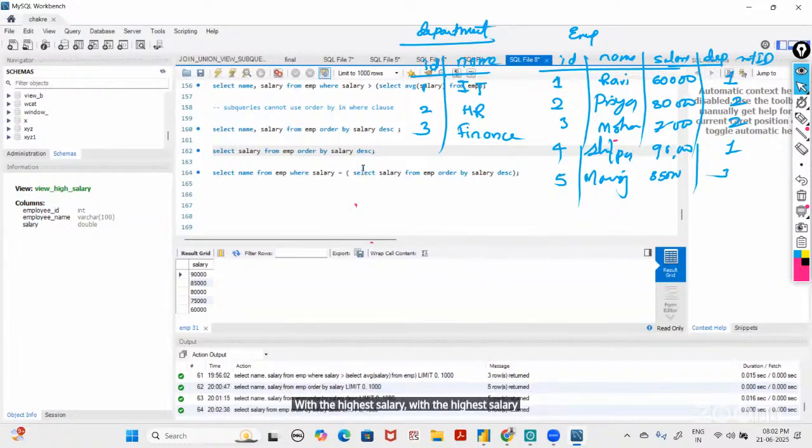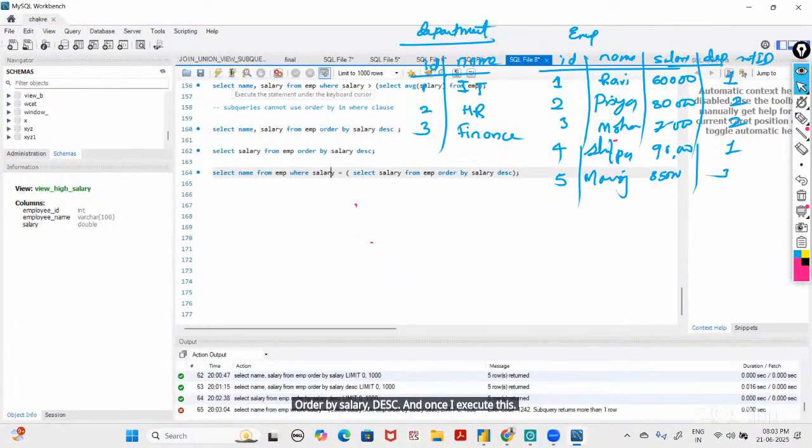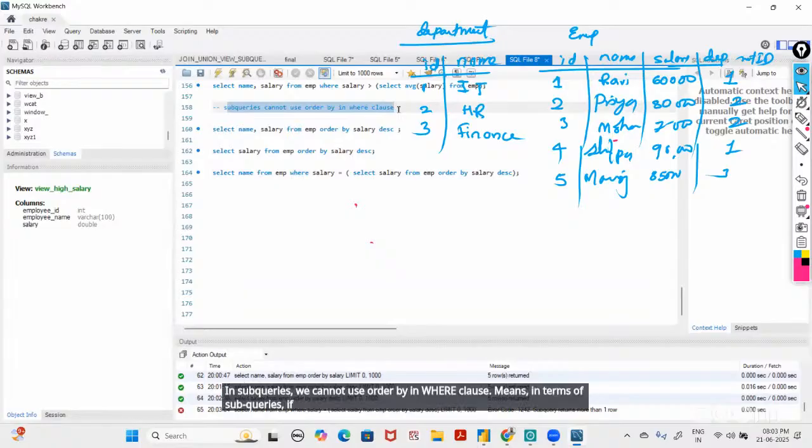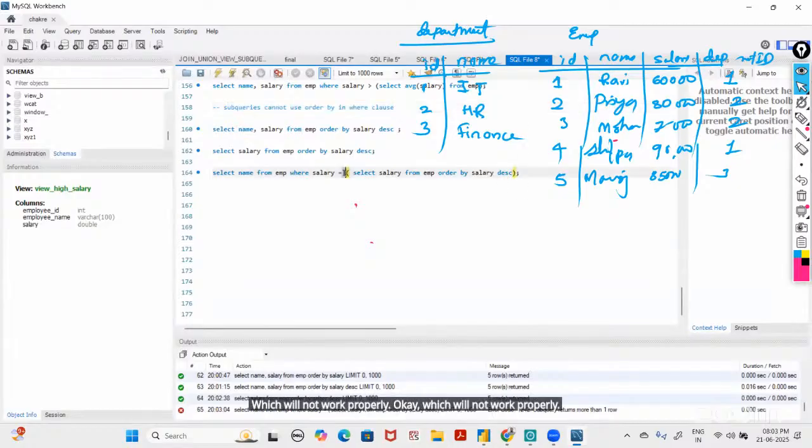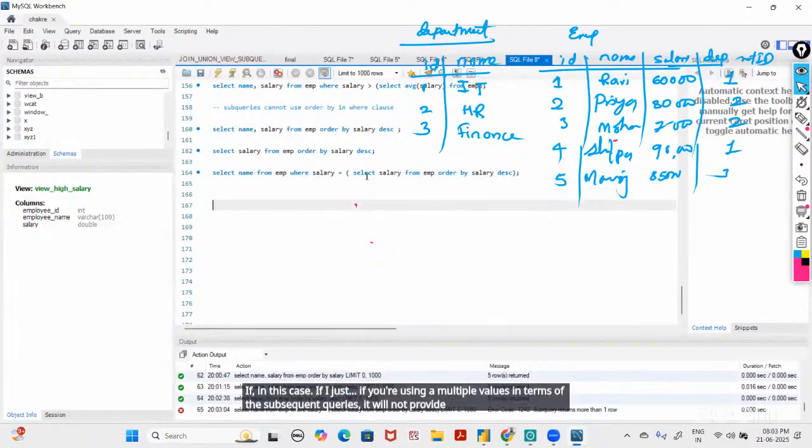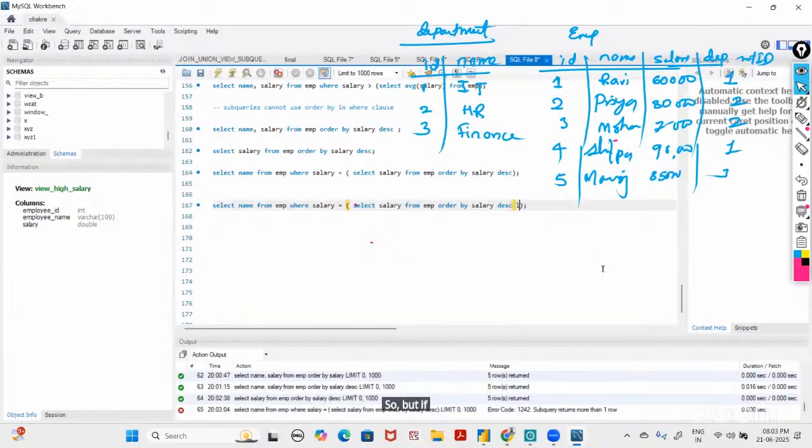I just mentioned that: select salary from employee order by salary DESC. And once I execute this, it throws an error, because as we mentioned earlier, in subqueries we cannot use order by in the where clause. Means in terms of subqueries, if you are using an order by, it will not work properly. If you're using multiple values in the subquery, it will not provide you the records. But if I just use limit one here,